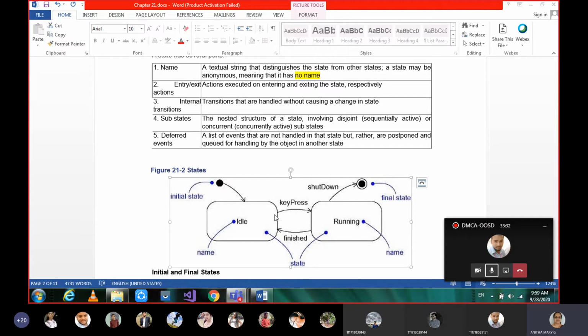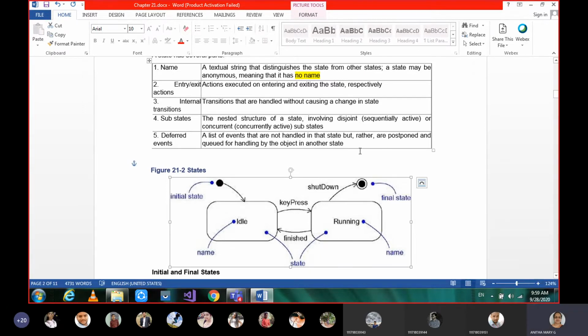In that case, we call those deferred events. So these are the five different parts of a state: a state can have a name, entry and exit actions, internal transitions, substates, and deferred events.